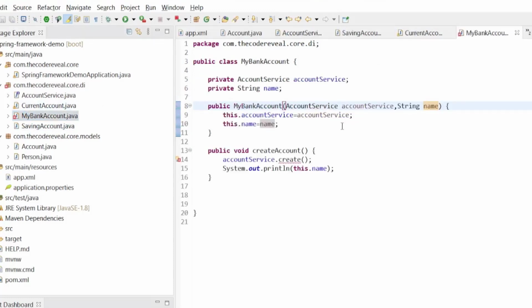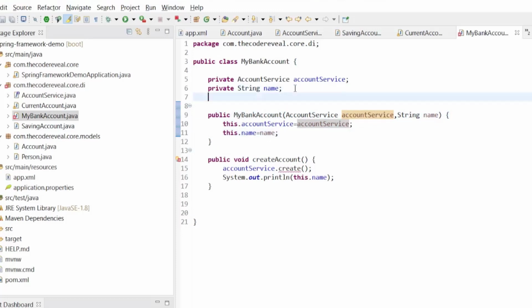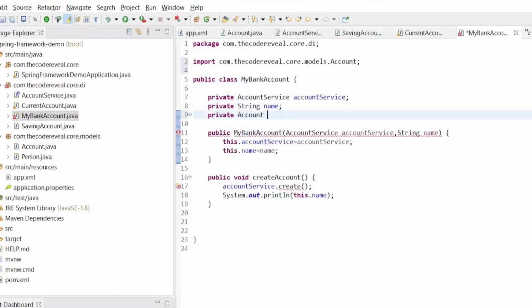In the my bank account, here we have account service, and let's remove this, and we'll pass this account.